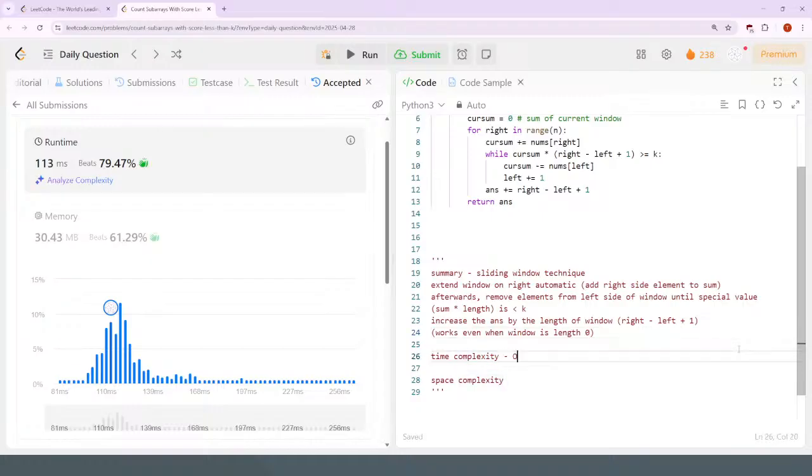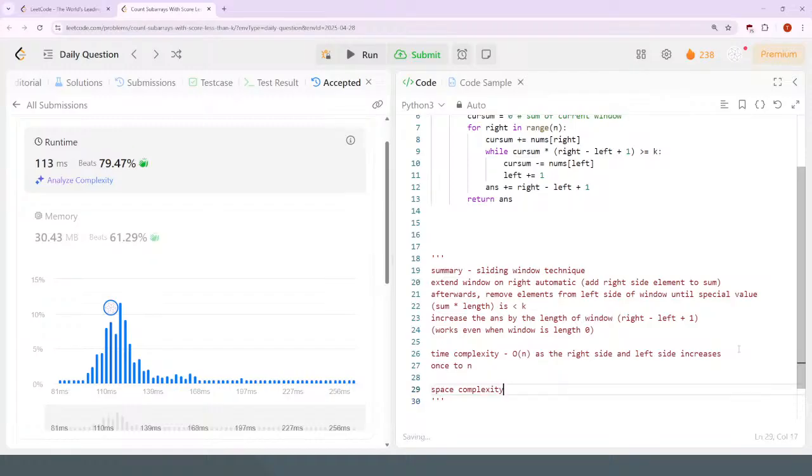So I flex this open as the right side and left side increases once to n. Basically, this O1